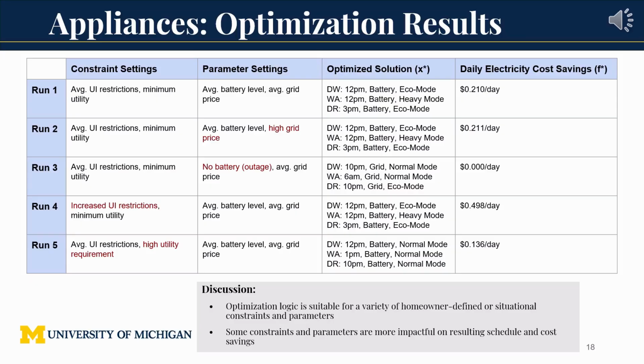And for round 4, we tighten the time window for when appliances can run. The schedule doesn't change much, but savings actually go up, since using the grid becomes more expensive within the